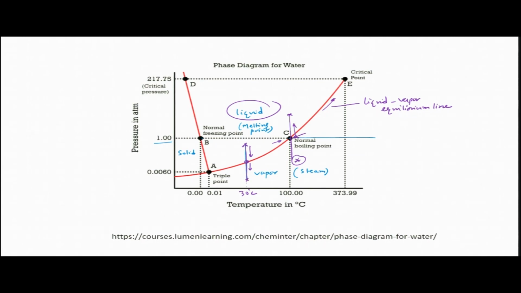Now, that means at a constant temperature, let us say constant temperature is 30 degrees, if we reduce the pressure below this point, let us say this is P30. So, this is the vapor pressure at that point, and remember this vapor pressure is nothing but the equilibrium vapor pressure at 30 degrees, where vapor and liquid coexist.